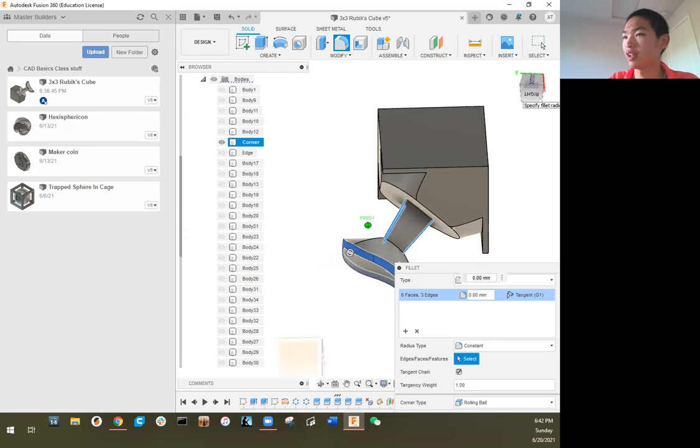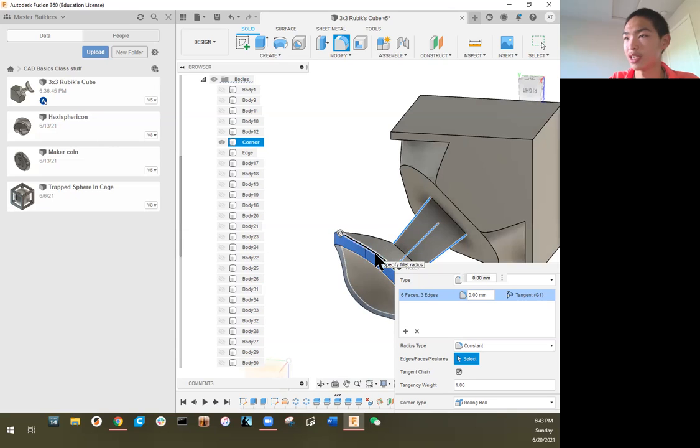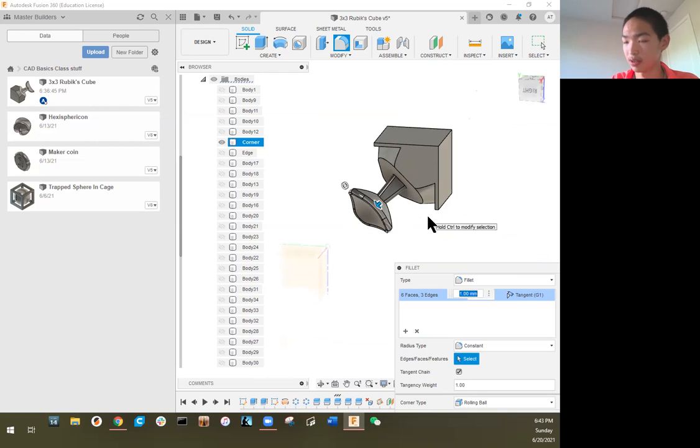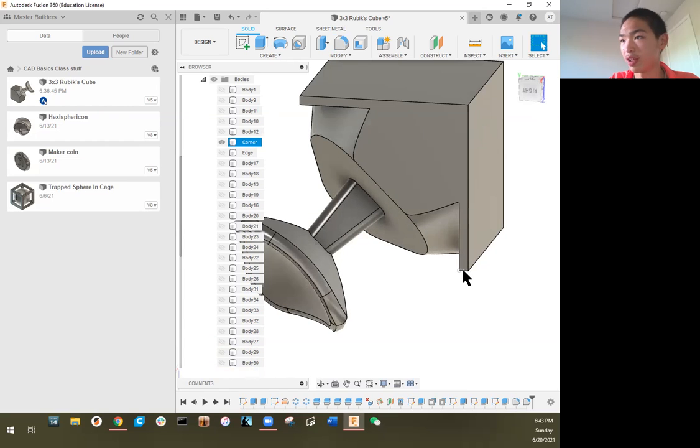And then we're also gonna fillet this. We're also gonna click on this face here and it'll fillet basically these 2 edges of the corner piece, and that can actually make it easier to connect corner and edge pieces together. And then we're just gonna fillet all those by 1 millimeter. Actually, we can also do a 1 millimeter fillet with the edge of these corners